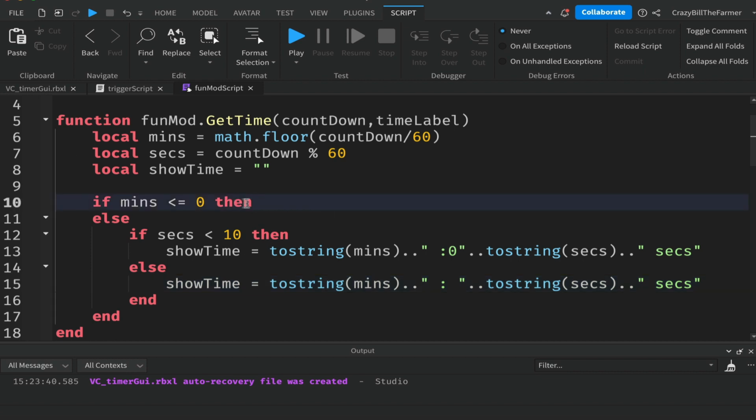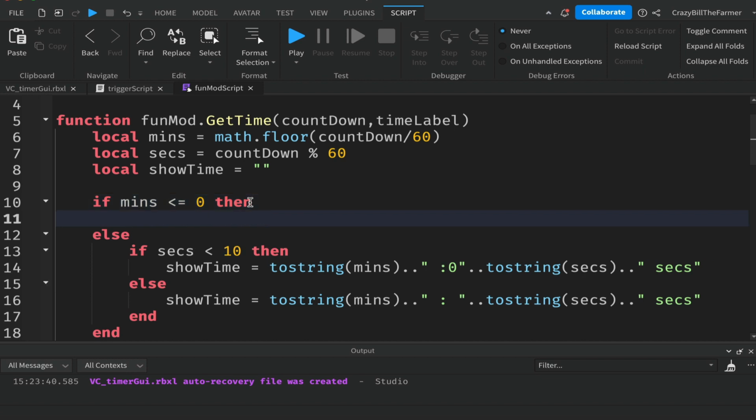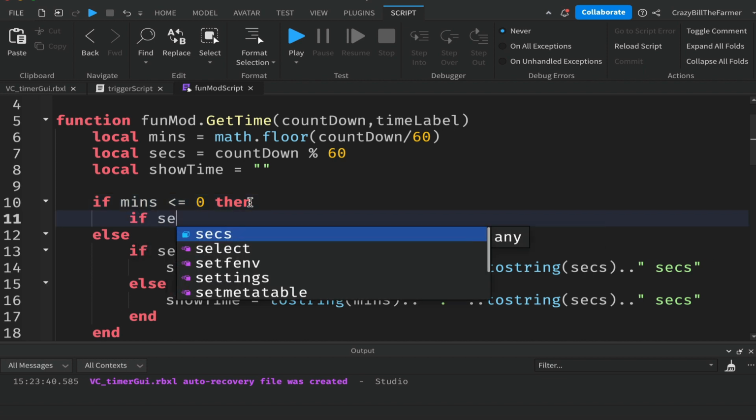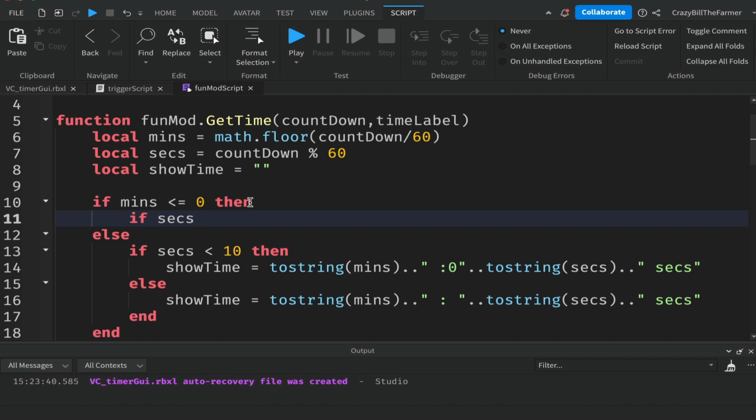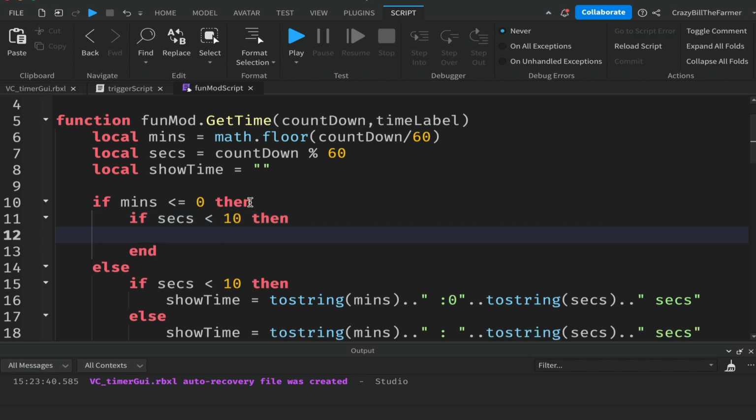Now we'll come back up to the top here, and just after the then, drop down a line, and we'll say if seconds, all right, are less than 10, then, and we're going to say showTime will be equal to, and we'll put just a 0, and then